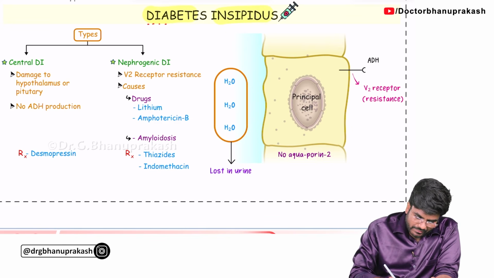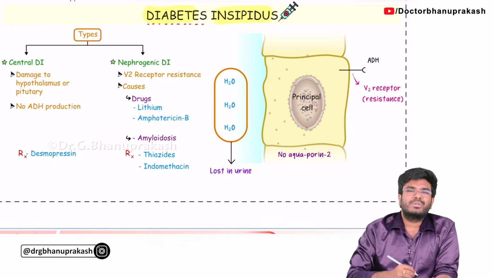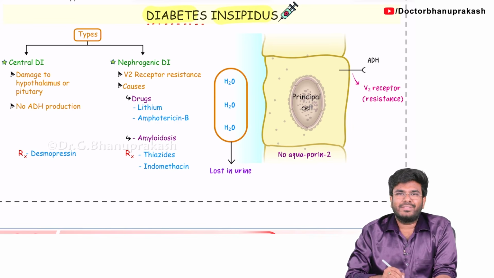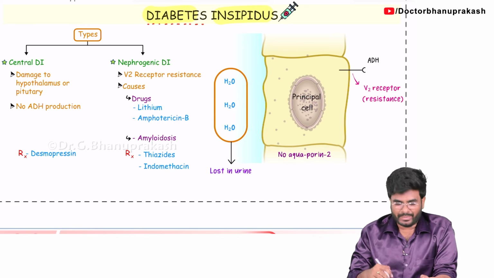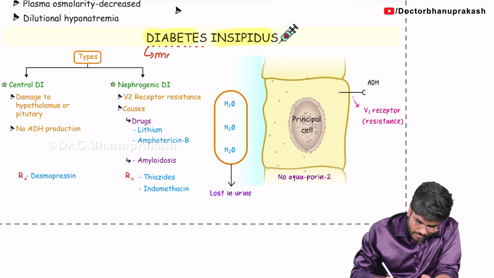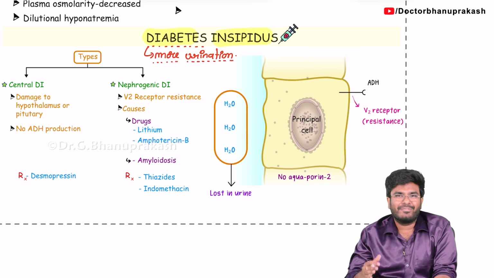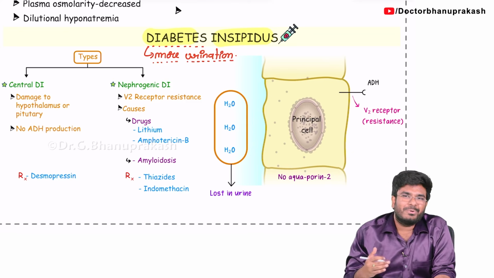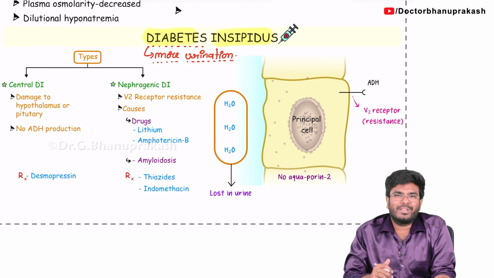Now, what is the meaning of the word diabetes? Most of the students will think diabetes means there is a lot of glucose in the blood. Now, the word diabetes literally means more urination. So, whom you have to call a diabetic? The person who is going for urine again and again, every half an hour, every 45 minutes. You can call them a diabetic.